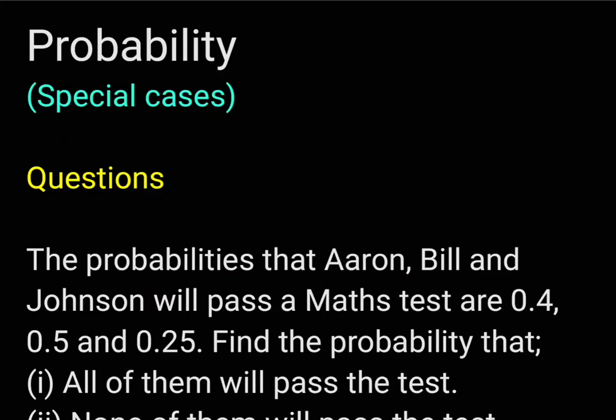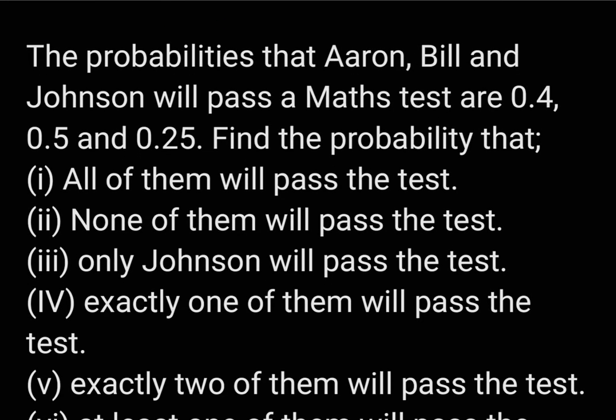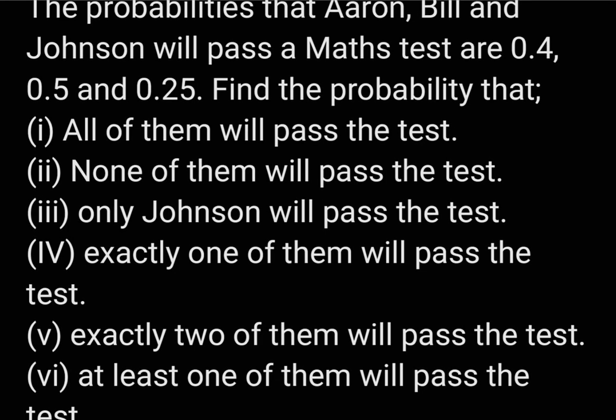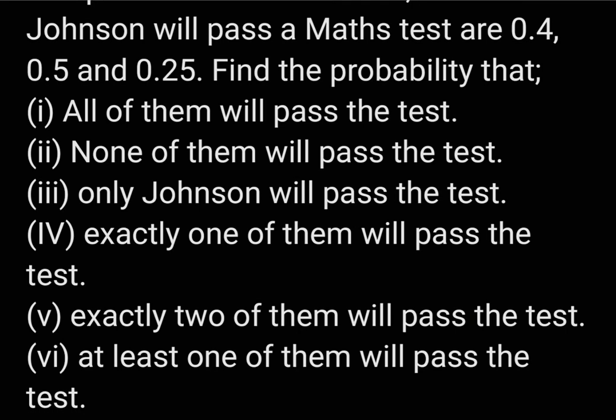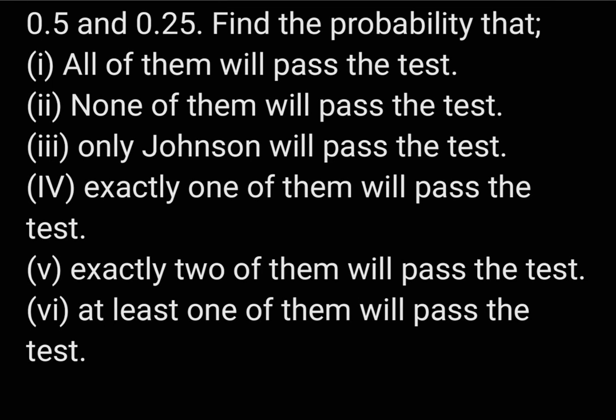We are going to be looking at a question under probability but of special cases, and I have a very good question here. Now just go through the question and read carefully. The question states that the probabilities that Aaron, Bill, and Johnson will pass a math test are 0.4, 0.5, and 0.25. Find the probability that (i) all of them will pass the test,